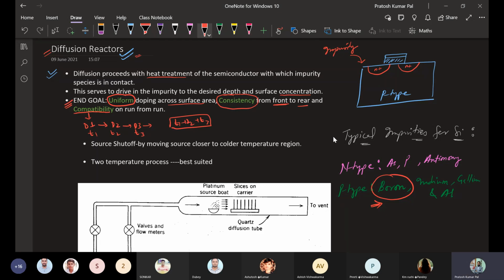If three different steps for diffusion are being done, and in another system we do a continuous deposition for T1 plus T2 plus T3 times at the same time, that means the complete time duration is the same throughout these two processes, but here the deposition is done at a time, and here deposition is done at three different times. Then the type or quality of diffusion that we have obtained should be the same in both cases. That means there should be compatibility from run to run. If two runs have been completed, then both should be